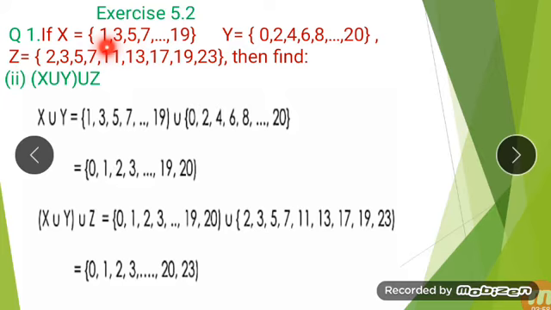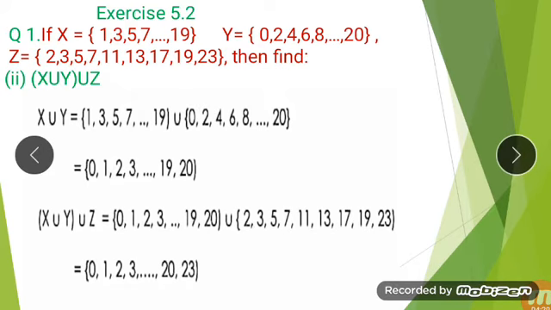Here we can see that all these numbers are odd numbers, so this is the series of odd numbers till 19. If we see set Y, here we have 0, 2, 4, 6, 8, then 20. Here we have the set of even numbers. And if we see set Z, we can see the prime numbers 2, 3, 5, 7, 11, 13, 17, 19, 23. These are all prime numbers, and prime numbers are those numbers which have